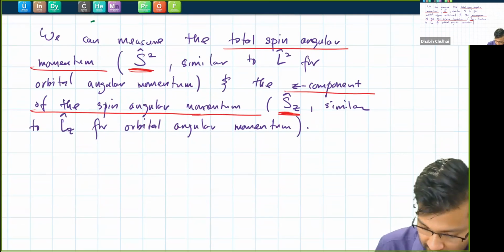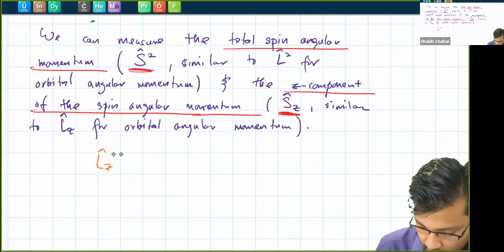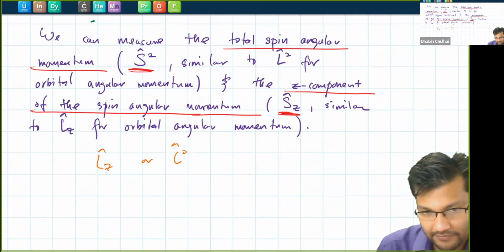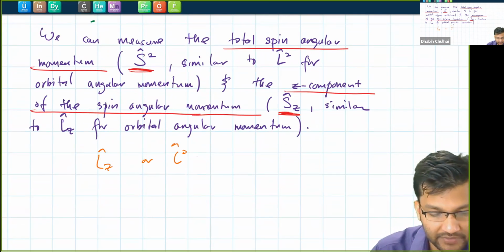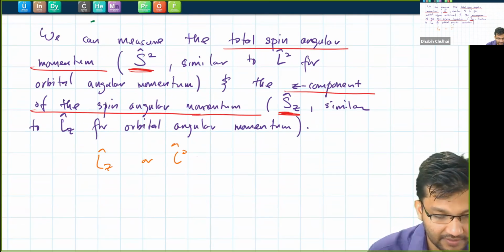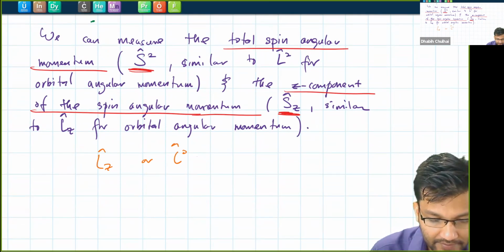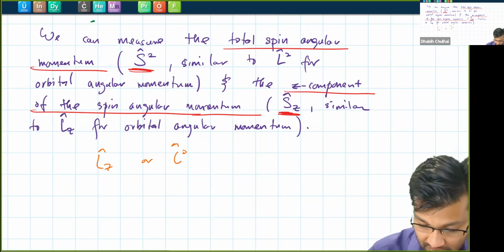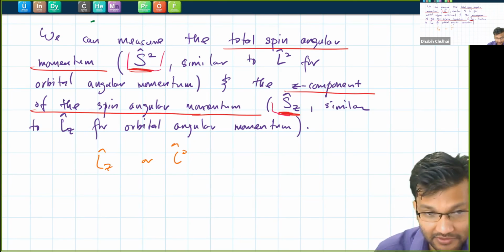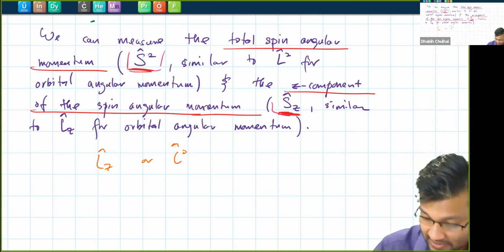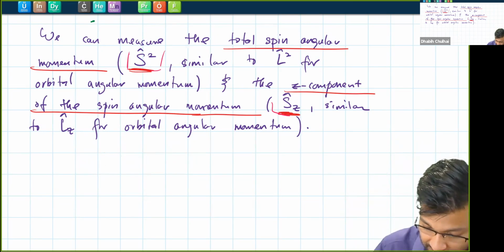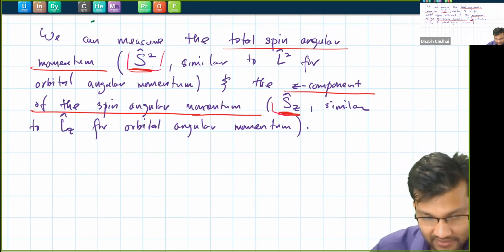Now, when we wrote Lz or L squared, we had a form for them. We had an operator for them. We can apply them to the wave function and those kinds of things. But honestly, I won't be able to tell you what these operators look like. I don't know if anybody knows, but maybe somebody does. But when we apply them to the wave function, when we try to measure the spin angular momentum,